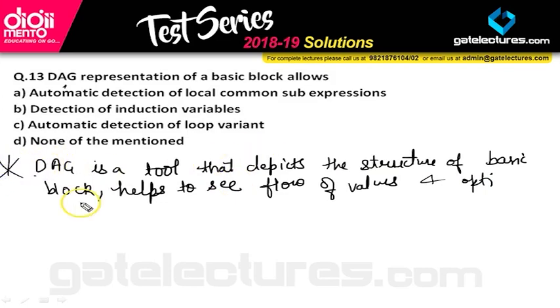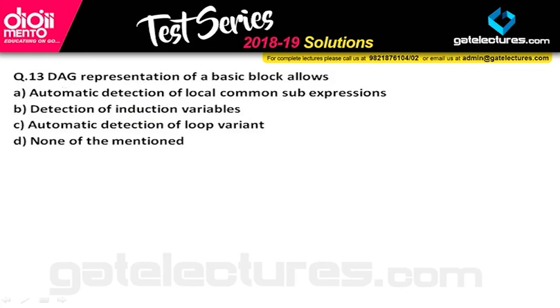Now I will give you a whole example, and from that example itself you will be able to answer this particular question. So I'm erasing this one. Let's consider this example. Let's say T0 is given as A plus B. Let's say T1 is given as T0 plus C. And let's define D as T0 plus T1. I will make a DAG for it, so you will automatically find the answer for this question.